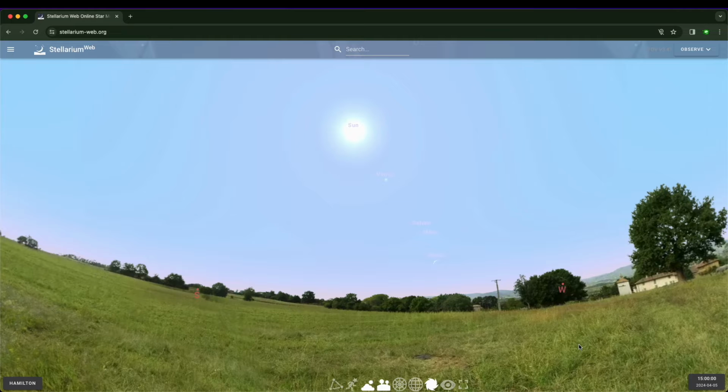Hi everyone, and welcome to our tutorial on Stellarium Web. This is a really great software for simulating what the sky can look like on any given day. With this program, you can adjust the time, the day, the location, and it will adjust what you would see